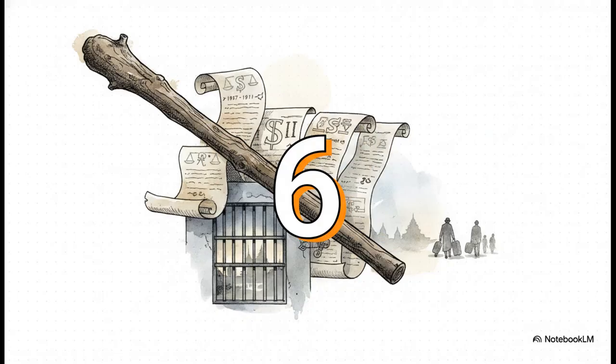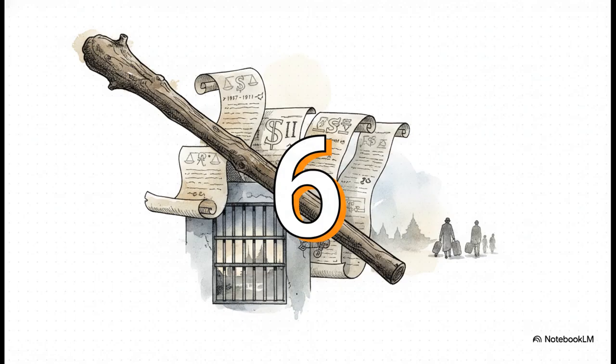And let me tell you, that stick was heavy. Between 1907 and 1911, 5 sweeping new laws banned seditious meetings and put a chokehold on the press. Think about that number, 6 years. That represents the harsh sentence handed down to the main extremist leader, Bal Gangadhar Tilak. In 1909, he was found guilty of sedition for his writings and shipped off to Mandalay jail in Burma for 6 full years. With him locked up and other leaders either retiring or fleeing abroad, the strategy absolutely worked.